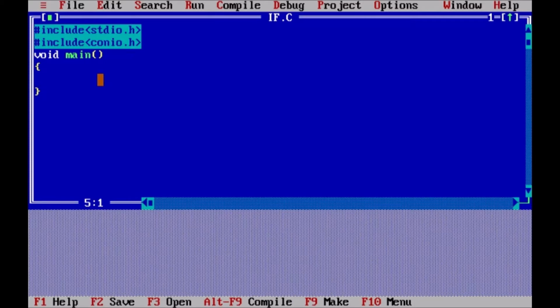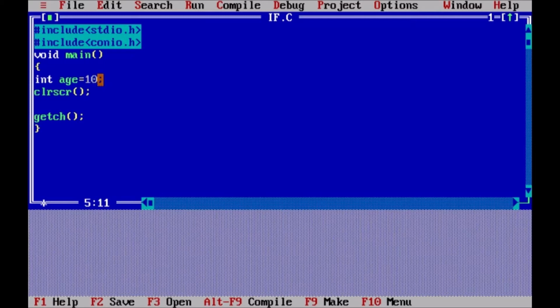So for that, let's declare a variable first. int age. So now let's assign some value to this age variable.